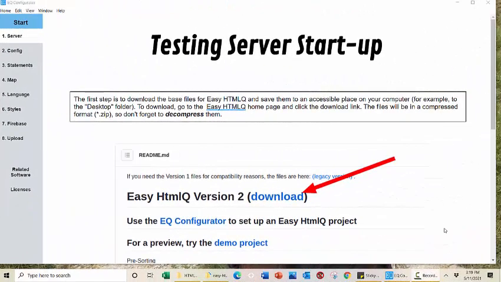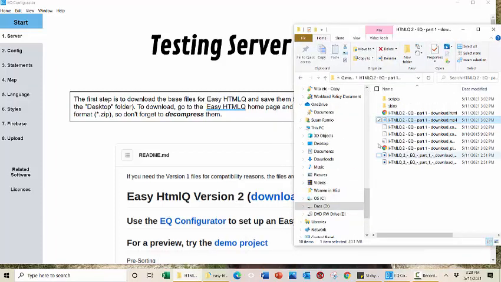All right, time for part 2 of our video, setting up Easy HTMLQ using the new EQ configurator. So here we are, we've started the configurator. There's just a shortcut on my desktop, and we've already downloaded the Easy HTMLQ version 2.0, right? We have actually set it up here